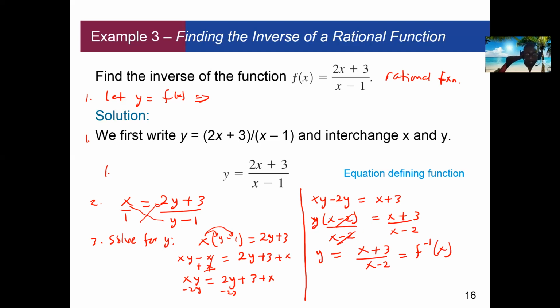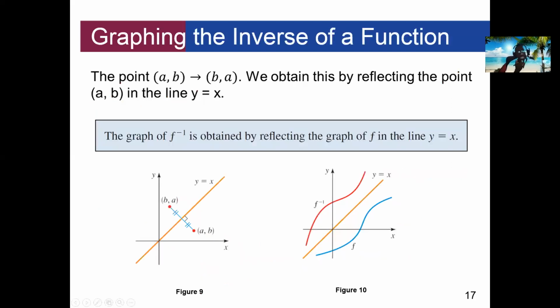Now we can graph the inverse function. To graph it, let's start with this diagram here. If you have a point (a, b) on the function and you reflect it in the line y equal to x, it becomes (b, a). In other words, you switch the x and y coordinates. So the graph of the inverse function is obtained by reflecting the graph of the function in the line